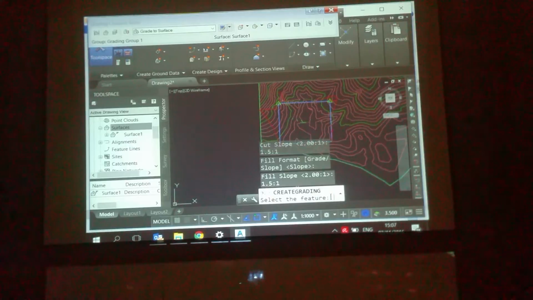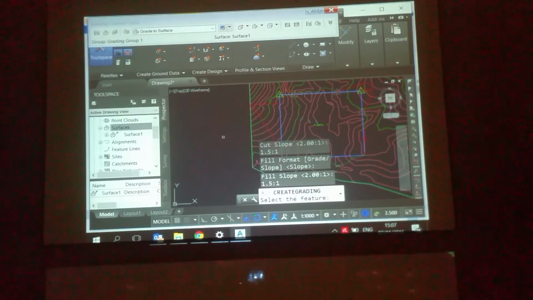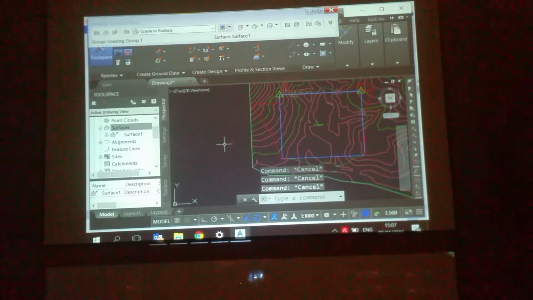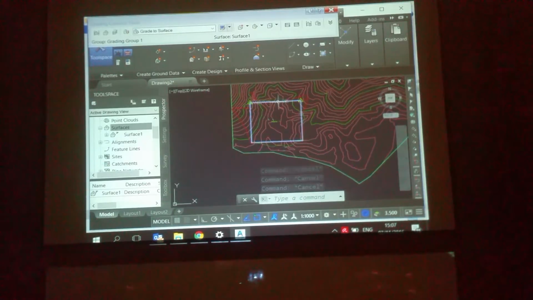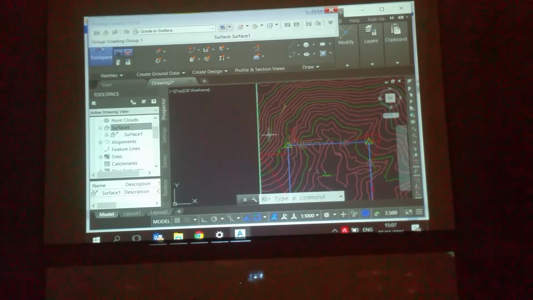So it's creating the cut and fill for you. See here, this area. You can see it because we don't have enough data here. So the cut here, you see the distance here, this is the cut area exceeding this one.